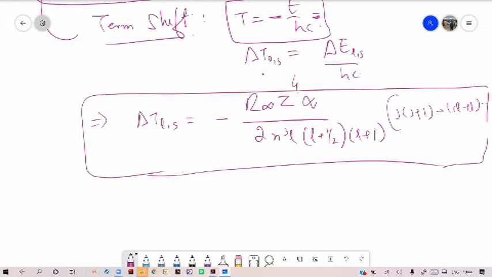Now, if we solve it for the hydrogen atom, if you solve this fine structure expression, the fine structure term for the hydrogen atom,